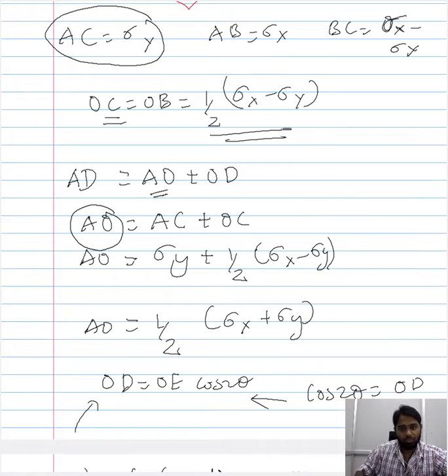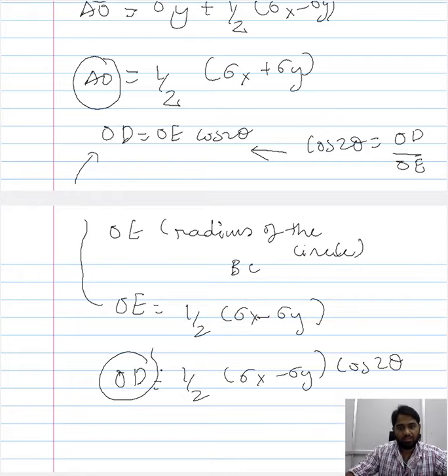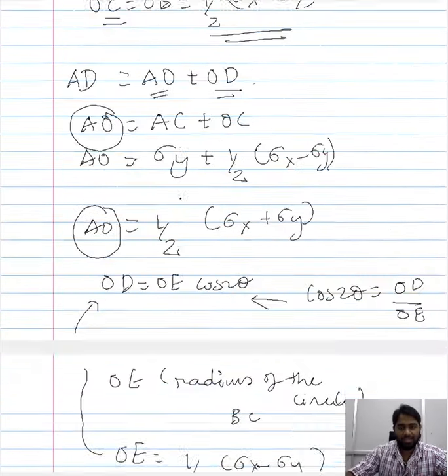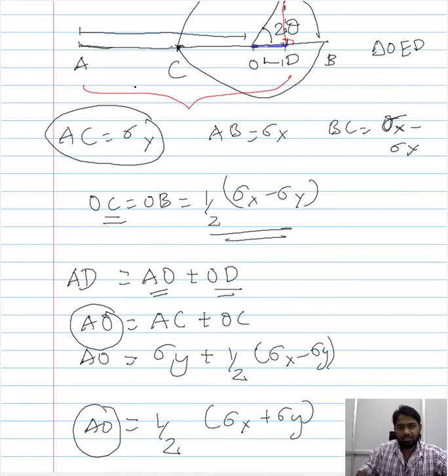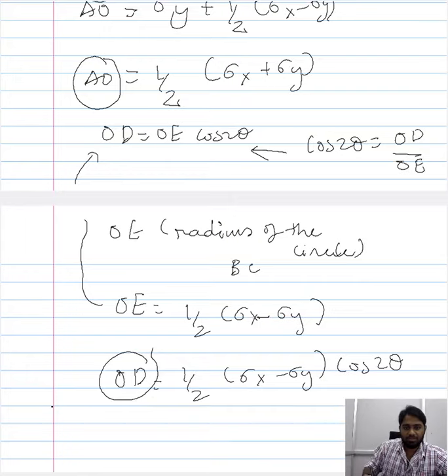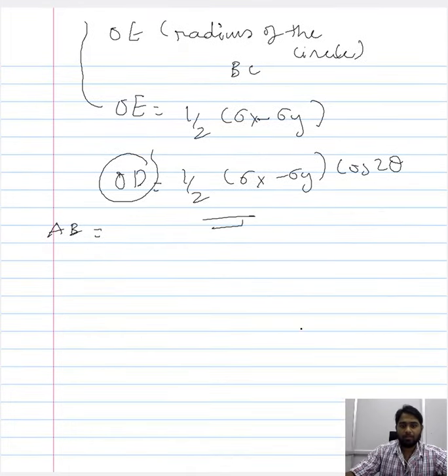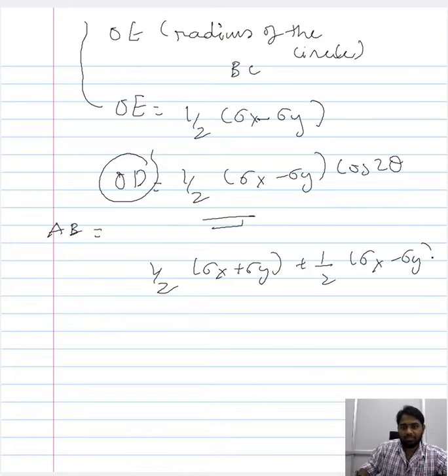So we have an expression for AO already, and we have arrived at an expression for OD. When you substitute these expressions, you end up with an expression for AD, the segment that we wanted to quantify. So the segment AB would be the summation of AO and OD. Ultimately we can substitute these, and you end up with an expression that is 1 by 2 (sigma x plus sigma y) plus 1 by 2 (sigma x minus sigma y) cos